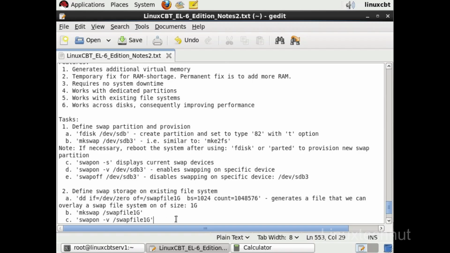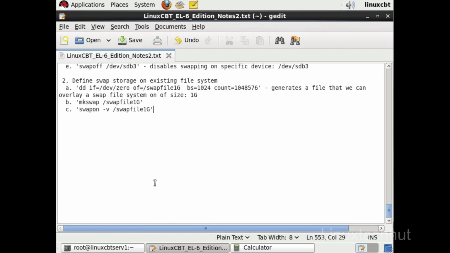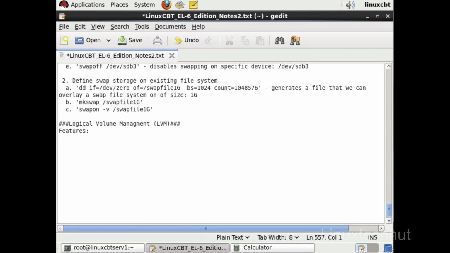Let's now look at logical volume management. This is a means of being able to aggregate storage into storage sets for simple management, which allows you to extend, resize, reduce, as well as allocate storage on the fly. So logical volume management, or via its acronym LVM, has numerous features, of course, including the ability to